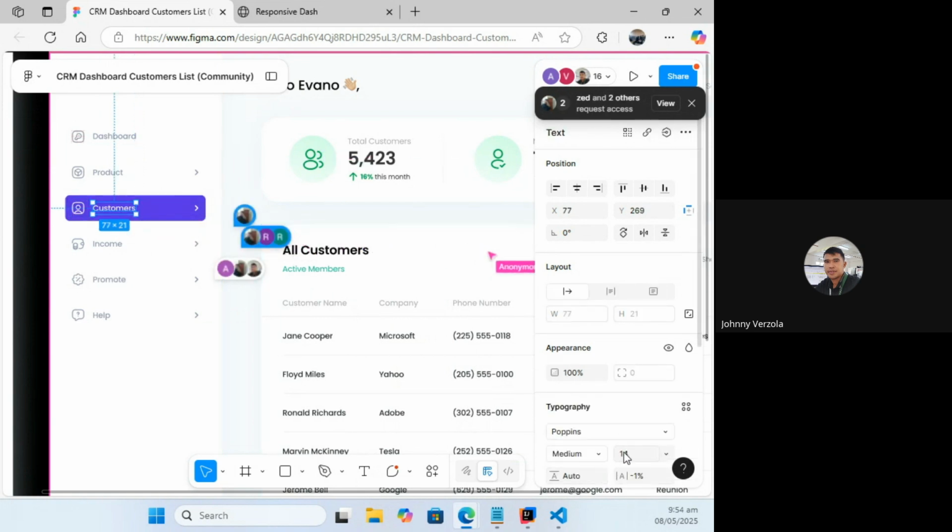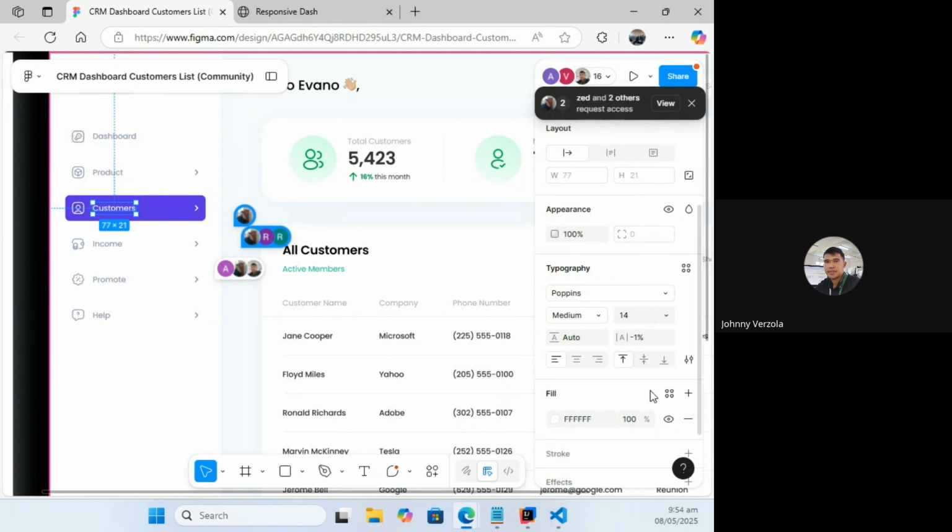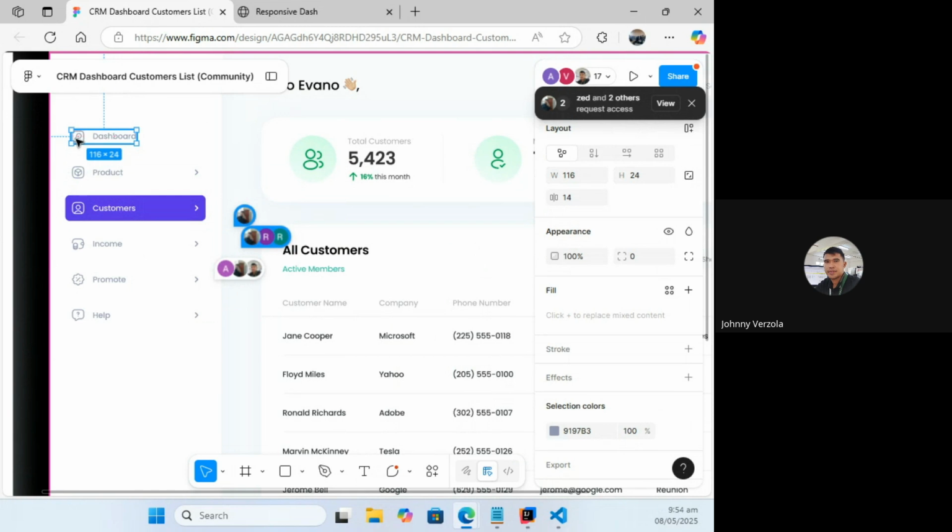Okay, it's medium 14. Then the color is white if it's active, and if it's not active, it's the 9197B3, which is I think the menu text color. And then we are also going to add icons.